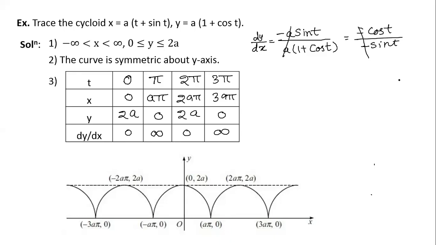This continues indefinitely to the right hand side and, being symmetric, to the left hand side also. So this is going to be the nature. You can take a screenshot of this. So this is the cycloid. You can understand why the name is cycloid. Okay, let us move to the next problem.